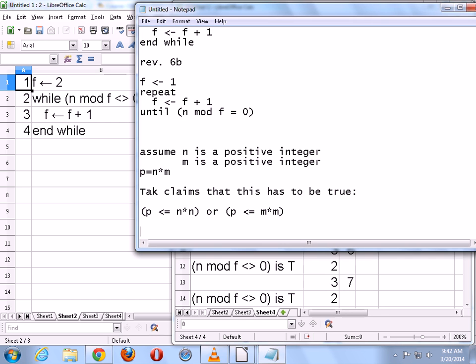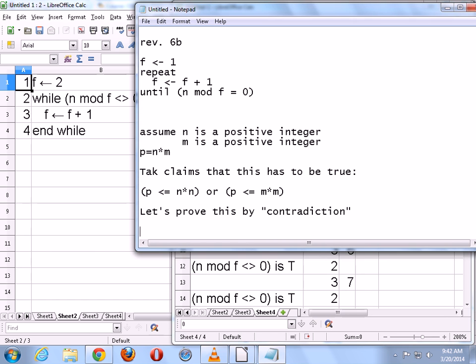So what I want to do is to actually mathematically prove that this is the case. So how do we prove something like this? In mathematics, there's a very powerful technique called proof by contradiction. So let's prove this by contradiction. Which is kind of strange, because how can you prove something is right by contradicting it? Well, it's actually contradicting the negation of the theorem itself, not contradicting the theorem that you're trying to prove.